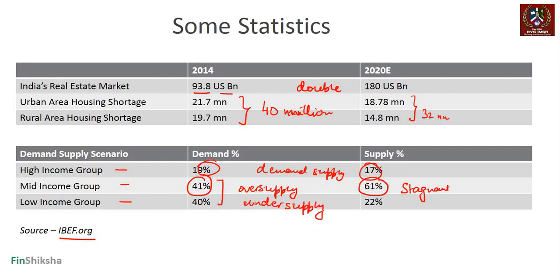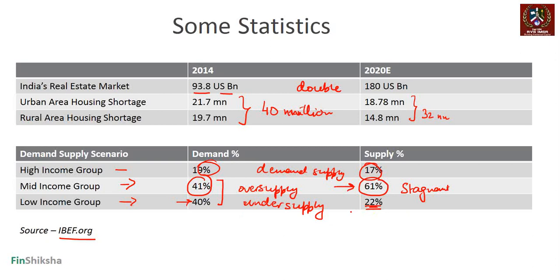So people want houses that cost less than, let's say, 20 lakhs, 25 lakhs, 30 lakhs, but there is very little supply at that end because that doesn't appear to be profitable for the real estate developers. So when you look at the demand supply scenario, the demand is highest in the middle income group, but so is the supply. Ideally, the demand is also fairly high in the low income group, but there is low supply here. This is an opportunity if you think about it from the perspective of a real estate developer.